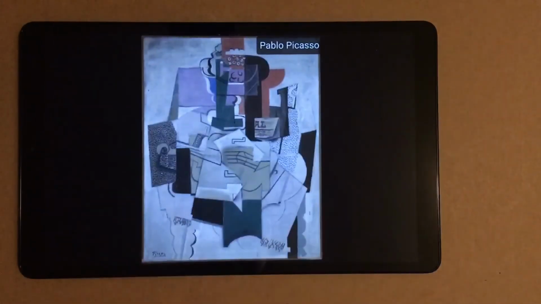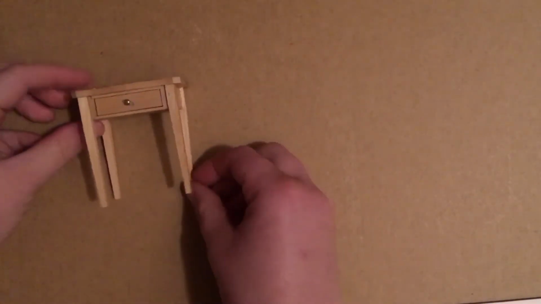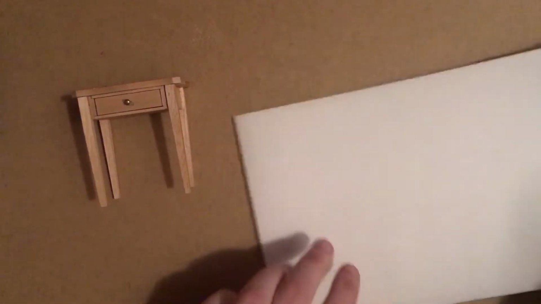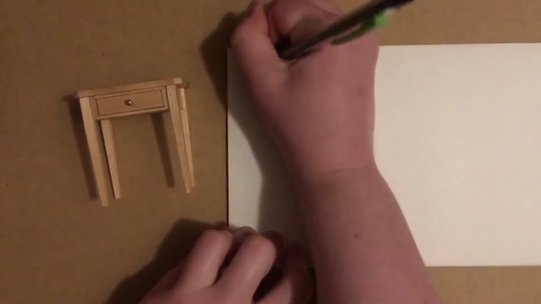So we can talk about what I would like you guys to do if you want to do it. It's not something to be forced, but I think it's fun. So if you guys want to do a project at home, you can pick an object. So I picked my tiny table. Grab your sketchbook. And then I want you to set a timer for 1